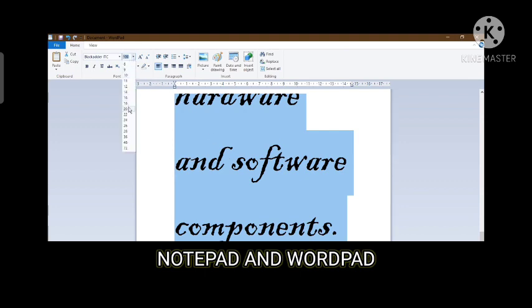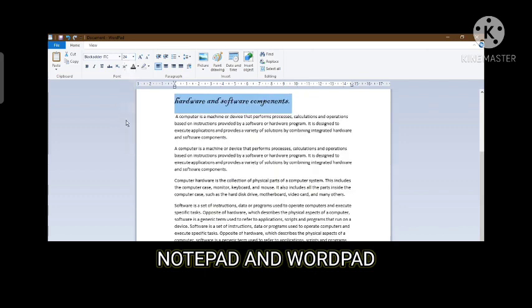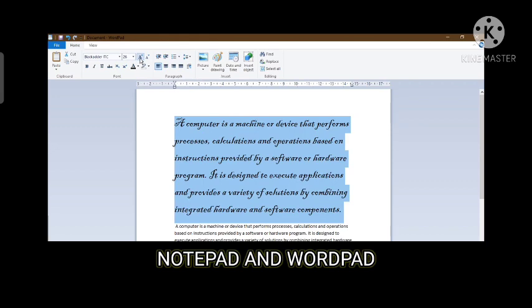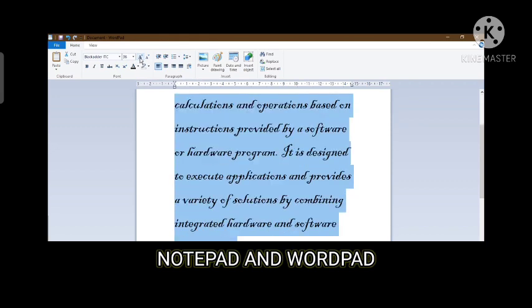Then I can make it small by 24. See, okay, so that is how you can change the font size. After this, let us see one more feature. This is the grow font. That means to make your font look bigger without changing. Okay, from here the size changes on its own.